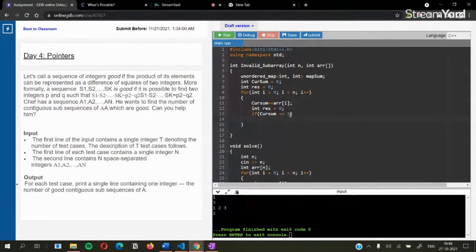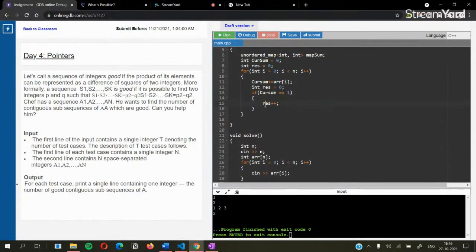Okay, if current sum is equal to 1, then I will keep on increasing the result,